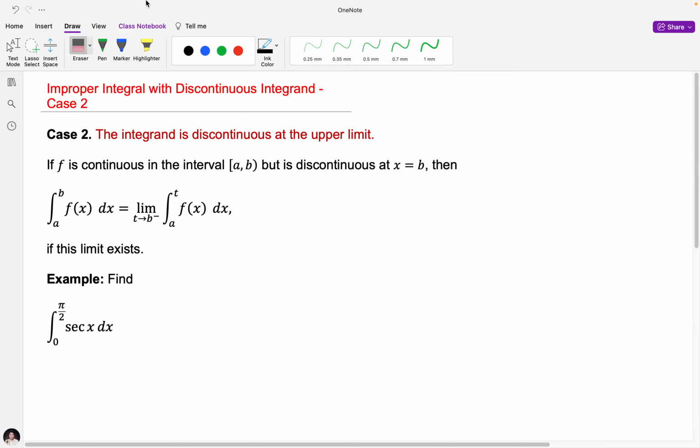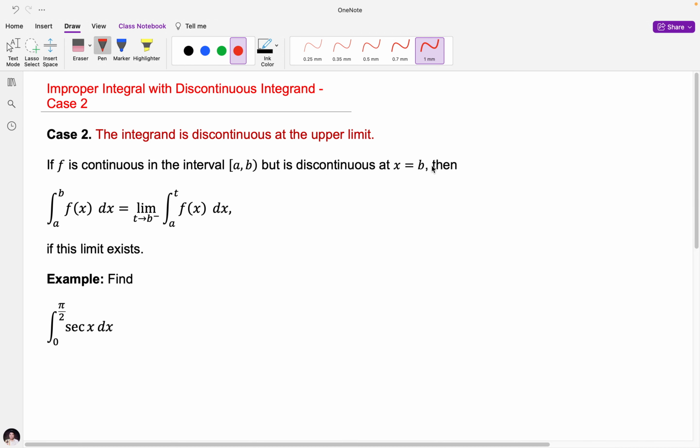Hello everyone. In this video, we will discuss the second case in evaluating improper integral with discontinuous integrand. So in this case, the integrand is discontinuous at the upper limit. Kasi sa case 1, lower limit yung point where the integrand is discontinuous. So if f is continuous in the interval, but is discontinuous at x equal to b, which is